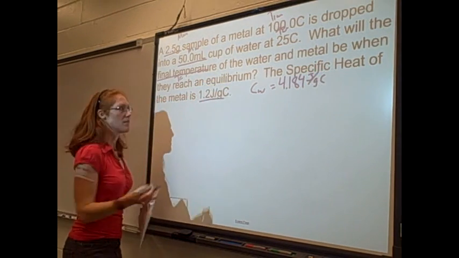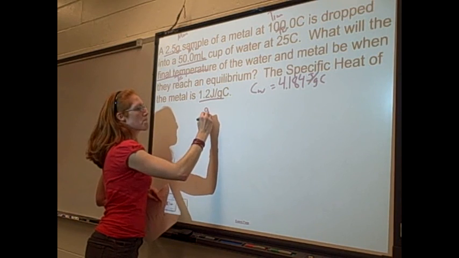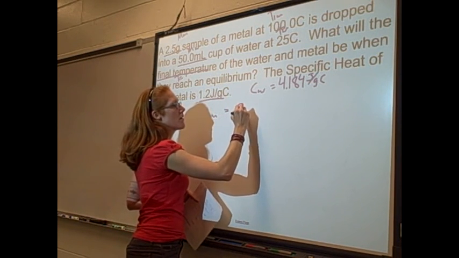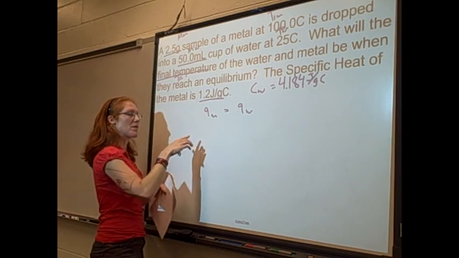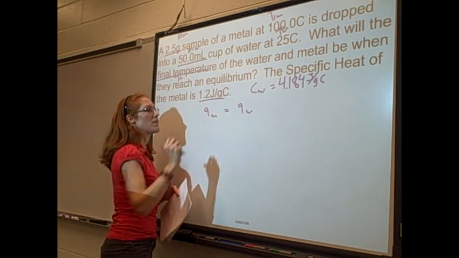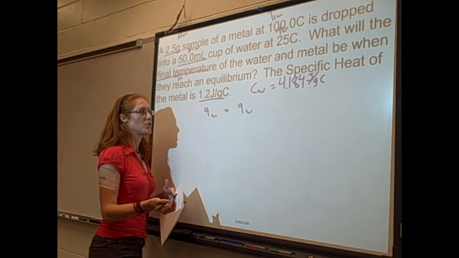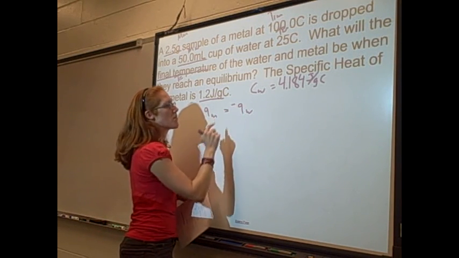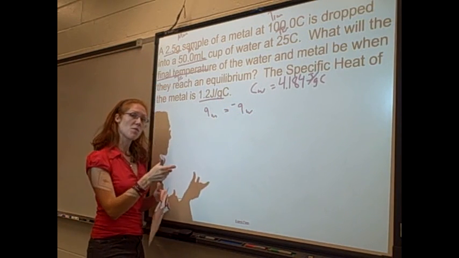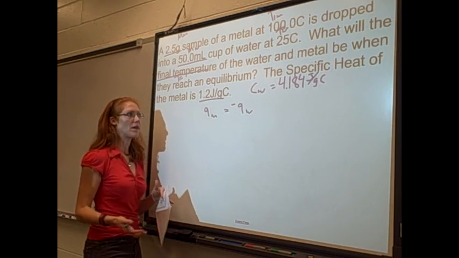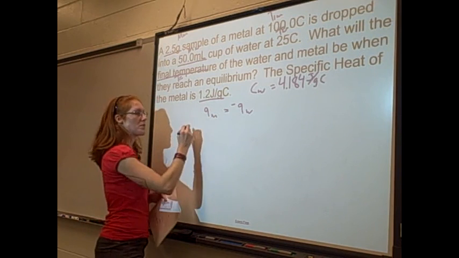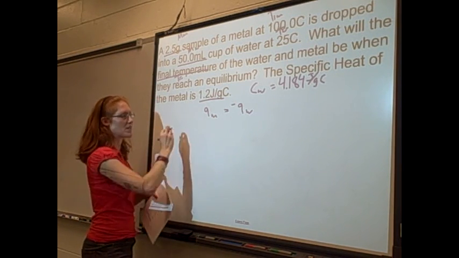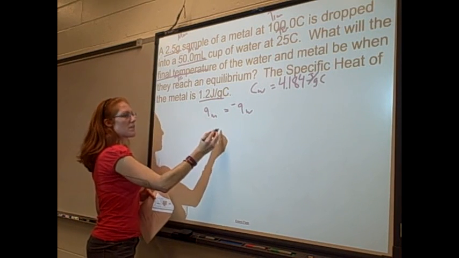So what we said was the metal is losing heat, and it's losing heat to the water. So the heat lost by the metal is the same size as the amount of heat gained by the water, but they're opposite changes. This has a loss of heat, and this has a gain. So if I put a negative sign here, they're the same amount, but opposite sign. And since I know that Q is equal to mC delta T,